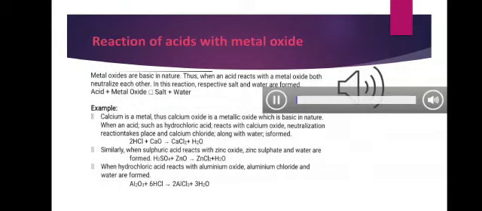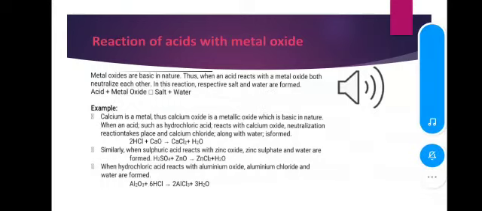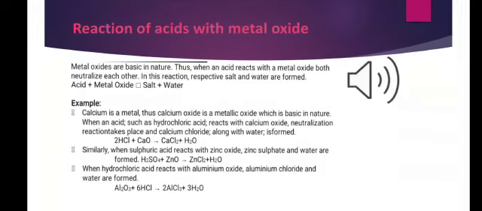Now, the reaction of acid with metal oxides. Metal oxides are basic in nature, like magnesium oxide and aluminum oxide. When an acid reacts with a metal oxide, they neutralize each other, and in this reaction salt and water are formed, like in our neutralization reaction. Example: